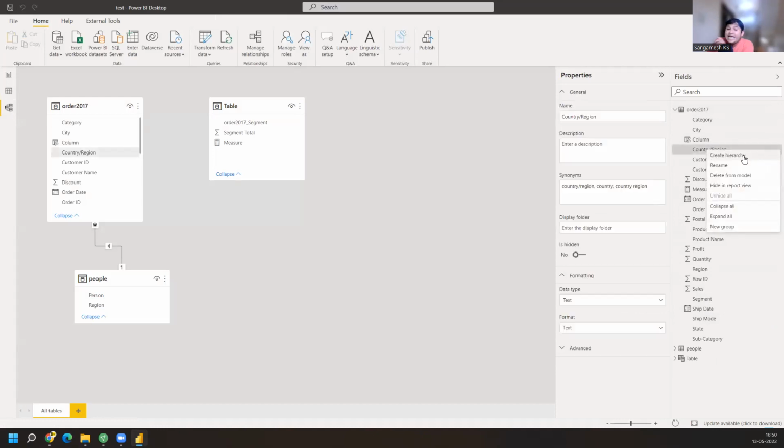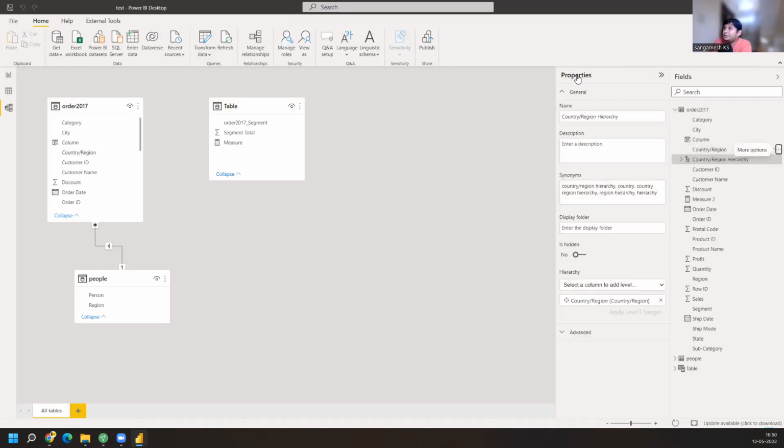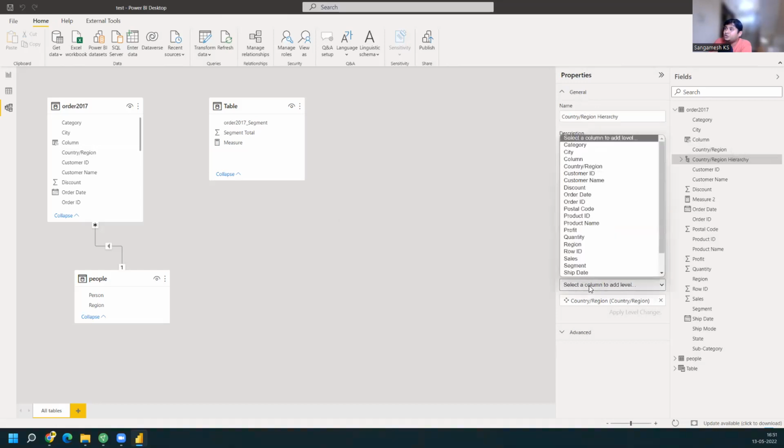Okay, and say create hierarchy. I will say create hierarchy. So now I'm going to create a hierarchy. I have something called properties which got opened. So here, see here, I have hierarchy. Okay, so here I can put,